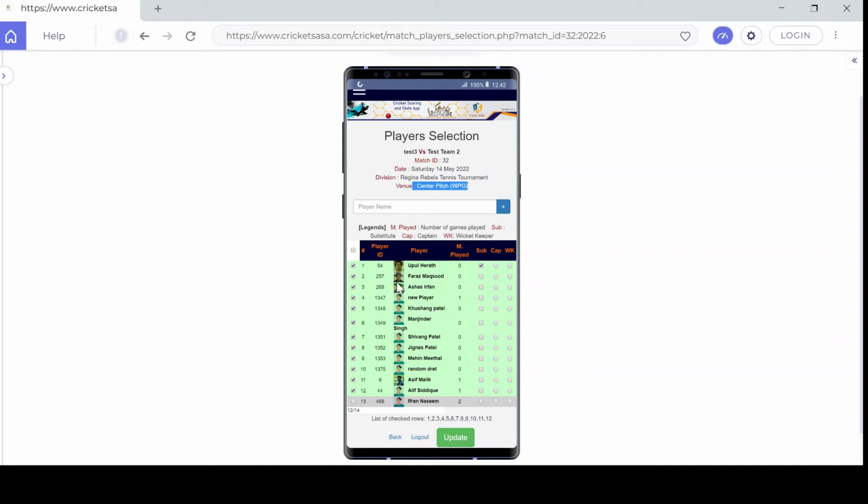Now the system knows this first player will be a substitute fielder, but all the rest of the players will be your playing 11. Also, you can mention any one of those 11 players as a captain, and whoever is going to be the wicket keeper. After selecting your 11 players, you have to click on update, and when it says success,